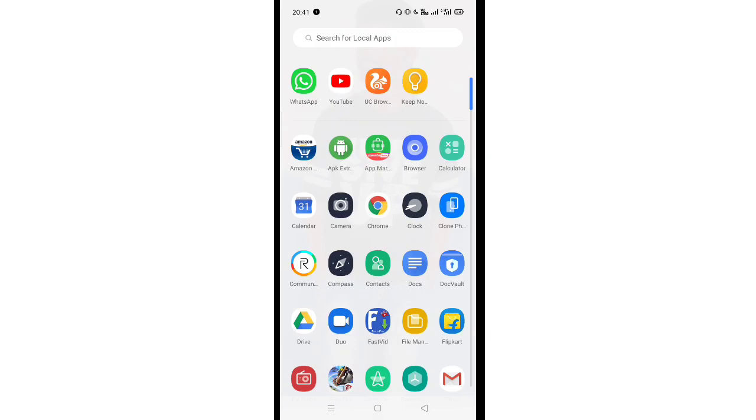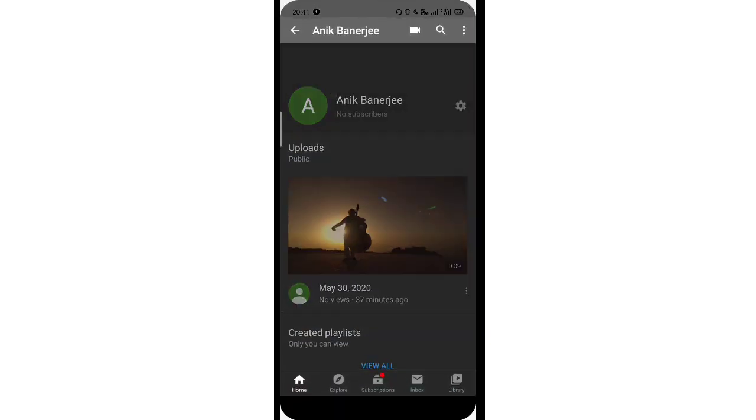To perform this, there are some simple, easy steps. Firstly, you have to go to your YouTube application on your mobile phone. This is my test channel. When I opened this channel a few days before, my home layout was like this. This is the basic home layout which appears on your YouTube channel after you open a new channel. This is common to everyone. You just need to change this to a different layout.